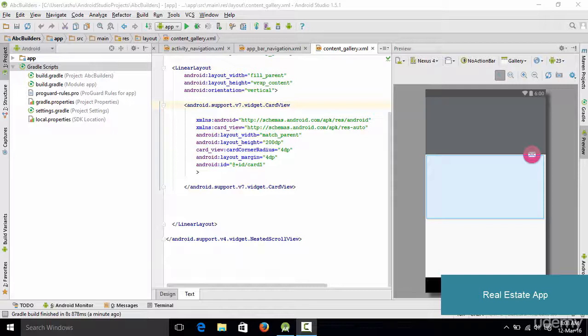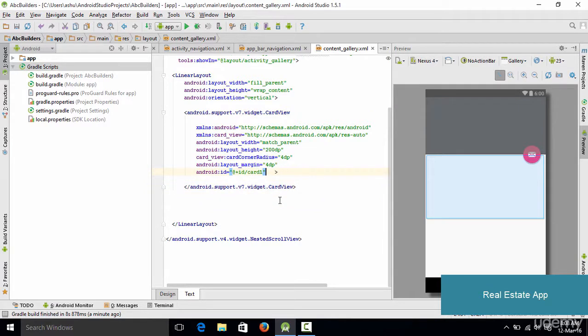Hello and welcome to this tutorial. In this tutorial we will be finally adding the images and the text to our text view. So the next thing which we need to do, after designing this card view right here, is add a linear layout within this card view as well. As you could see, this is the opening tag for the card view and this is the closing one. So we go right inside the card view tags,